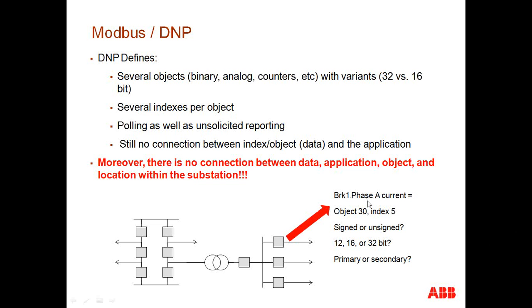So in DNP, the same phase A current would look like object 30, which is an analog value, index number 5, for example. Okay, and then we still need to figure out what type of variant this is, and we still need to figure out how the manufacturer defined that particular analog quantity. Did it define it as a primary value, or